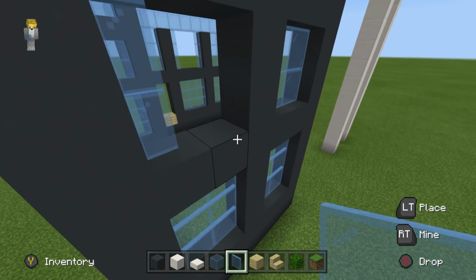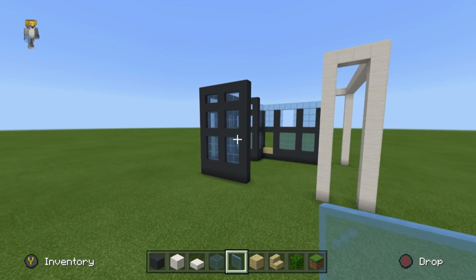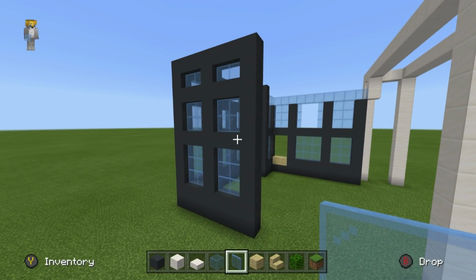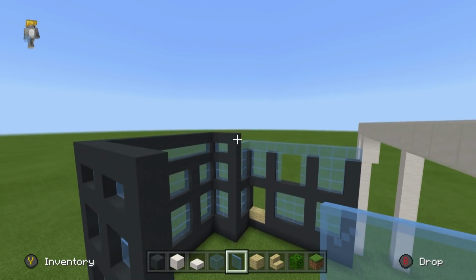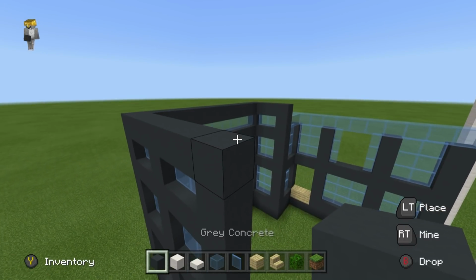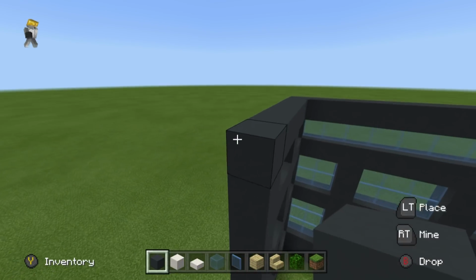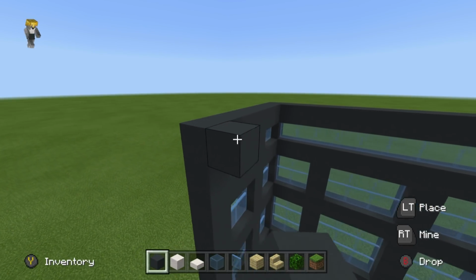And we can have this. So that looks pretty good to me. Not only that, but we have a couple more things to do as well. So we want to take, not the top right corner, actually this is something that we do have to do. I just want to make sure that we can do it correctly. Yeah, we want to take the top corner of this build, and we can actually extend this